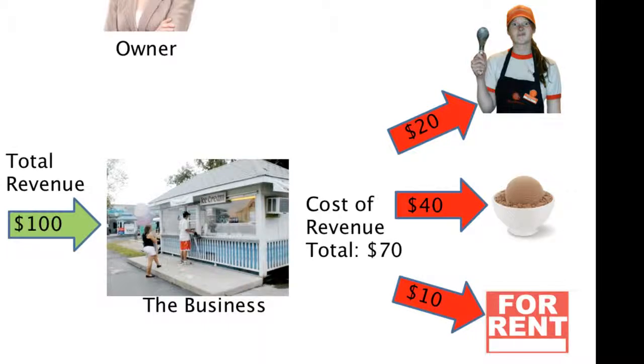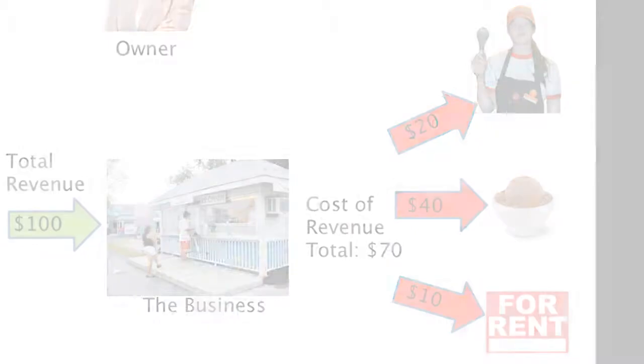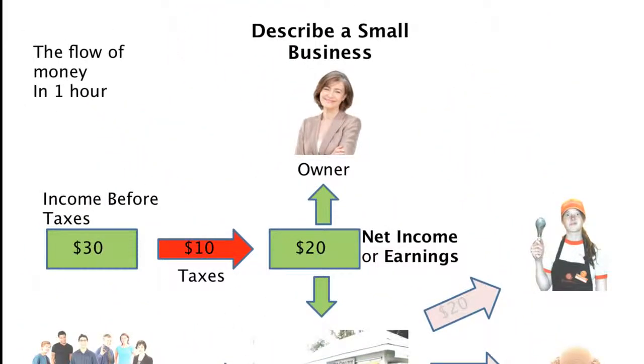Okay, so we had the revenue, which was 100, but the cost to get that revenue was $70 combined. When we took the 100 and subtracted the 70, we were left with $30. So that's the income before the taxes. Nancy's business made $30 in income before taxes. So let's just assume that we take $10 out for the taxes, and that leaves us with $20 of net